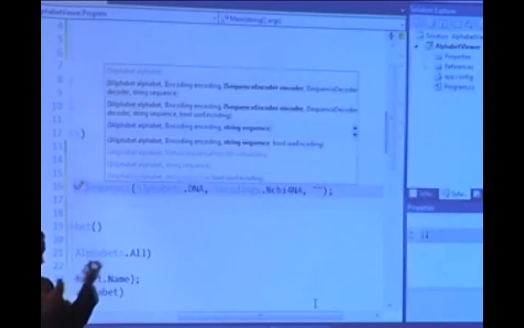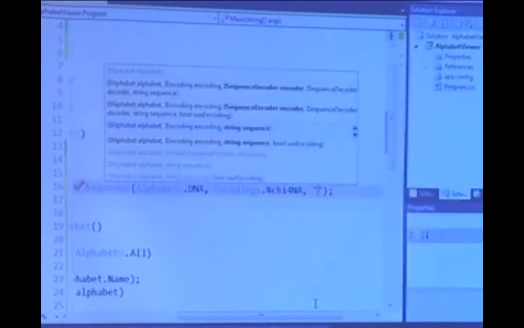All right, so your memory space mapping to the actual value mapping, that's what's happening here. It'll go through the sequence encoder when we add items to the sequence, and it'll run them back through the sequence decoder when we're pulling things out of the sequence. All right, so you can build your own simply by implementing those two interfaces, and then you can actually have your own memory storage facility by using the encoders and decoders.